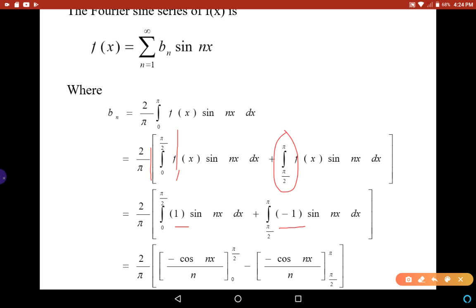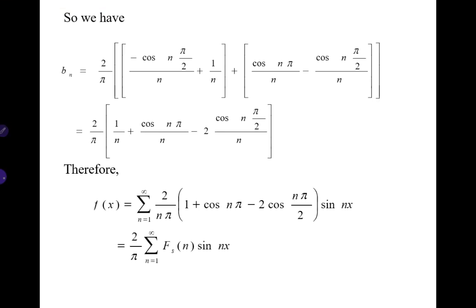So we substitute the values here, and upon integration we get the integral of sin(nx), which is given by minus cos(nx)/n, in the interval 0 to π/2 and in the interval π/2 to π. Now if we substitute the limits and simplify, we get bn as (2/π) times [minus cos(nπ/2)/n plus 1/n plus cos(nπ)/n minus cos(nπ/2)/n]. That is equal to (2/π) times [1/n plus cos(nπ)/n